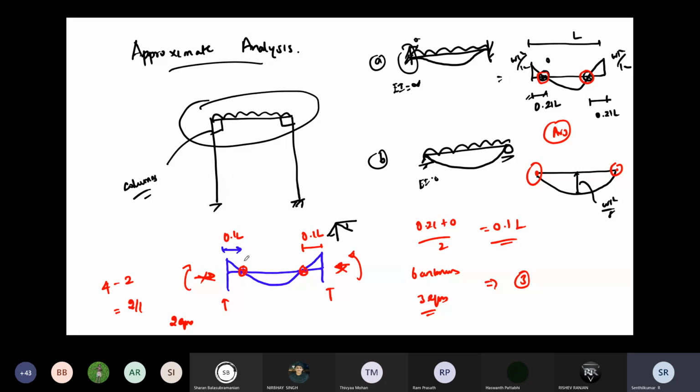That equation I can make: this is one hinge, this is another hinge. On a hinge you know you don't have any moment, so here is zero moment, and here is zero. The beam-to-column connection is going to come in between these two, so we assume the average inflection point. I just assume 0.1 L from left and right that the inflection is going to be there, that means the zero moment point. Then I can easily find out.